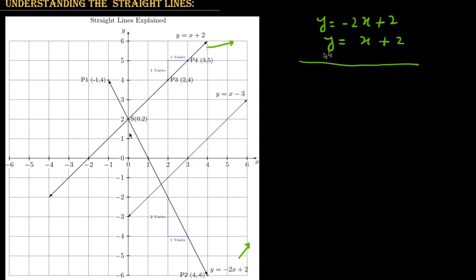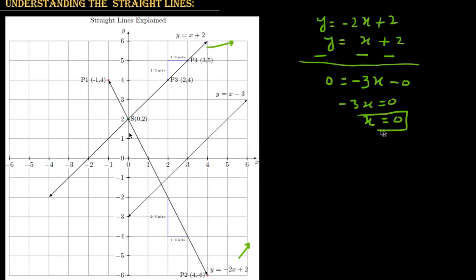How do we solve simultaneous linear equations, or two linear equations? We just subtract this equation from this one. Just change the sign and subtract. y minus y is 0, and minus 2x minus x is minus 3x, and plus 2 minus 2 equals 0. So it means minus 3x equals 0, and if you divide by 3, x equals